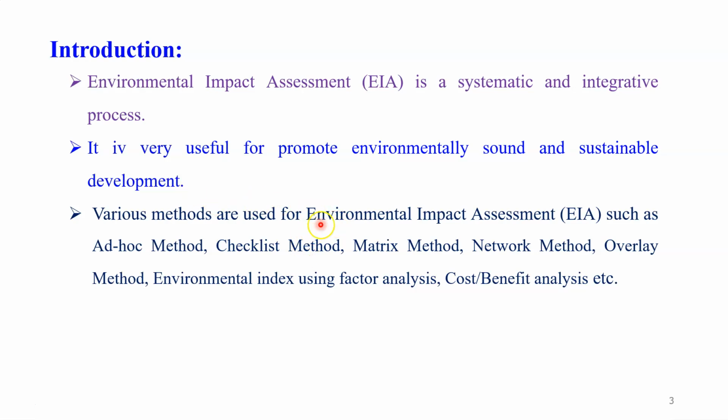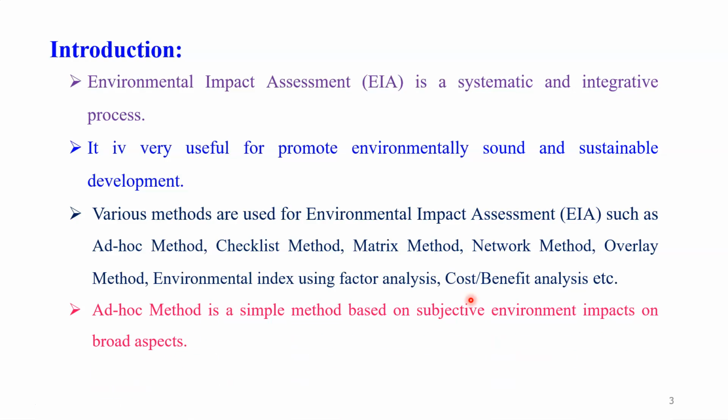So various methods are used for environmental impact assessment, such as ad hoc method, checklist method, matrix method, network method, overlay method, environmental index using factor analysis, and cost benefit analysis. These are the very important methods that are used for environmental impact assessment of any project. Among them, one is the ad hoc method. It is a simple method based on subjective environmental impact on the broad aspect that we already discussed in detail